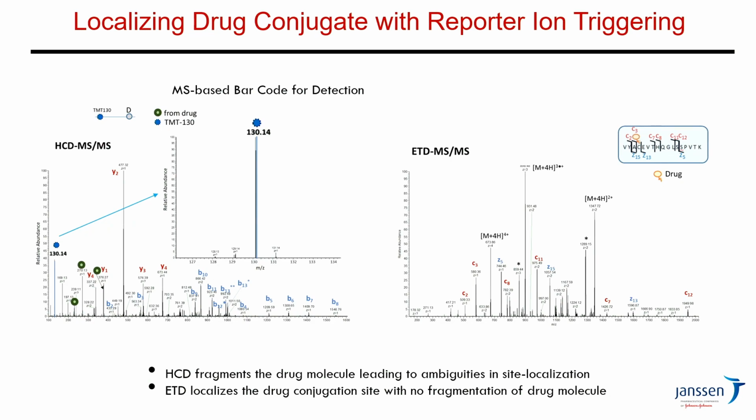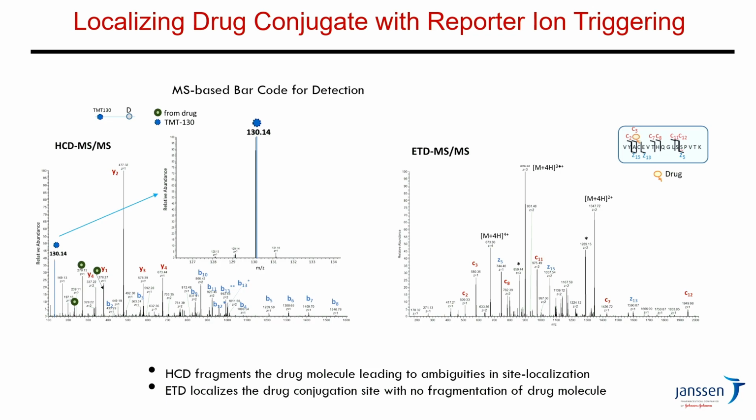So these are data that I can again show. It's the HCD spectrum, and you can see the reporter at 130. It's a single reporter. And the disadvantage of this method is if you just look at HCD, you can also see the drug that's conjugated also fragments. But if you do a triggered MSMS scan with electron transfer dissociation, you can very accurately localize the drug without